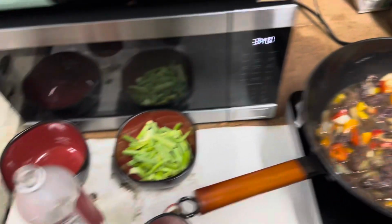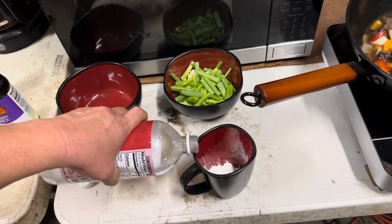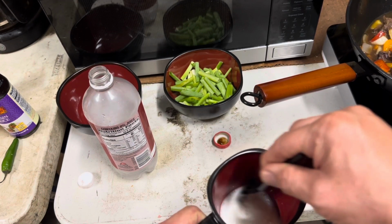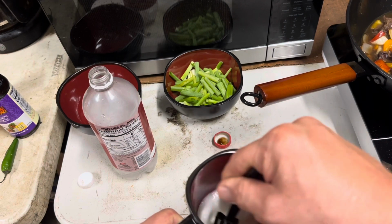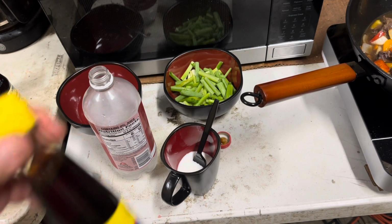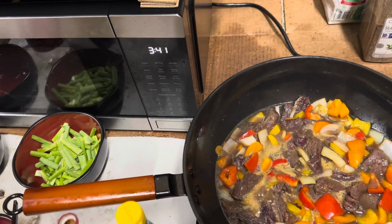And then over here, I'm going to mix the cornstarch just a little bit, and this will put some real body on the juices. So also we want to put a little bit of fish sauce in over here. One of the things that we want to do also